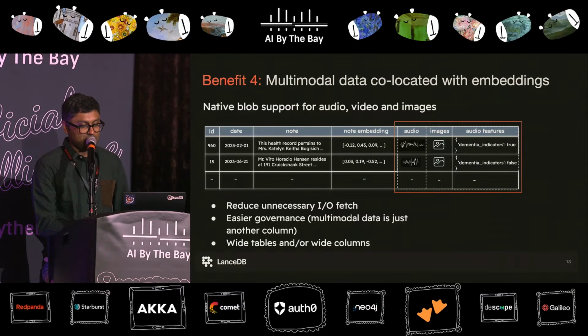The other point to note here is that tables are typically thought to be long and narrow, where you have a finite number of columns and potentially billions of rows. But Lance follows a two-dimensional layout. You technically can do wide tables where you have any number of arbitrary columns. And within a column, you may have very wide data, which is blobs or embeddings or anything that is non-standard, alongside the traditional tabular data like floats and numbers.